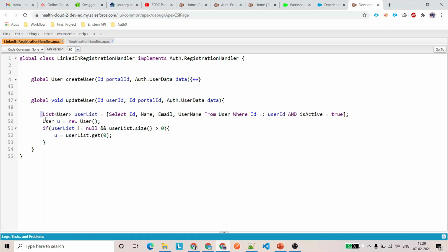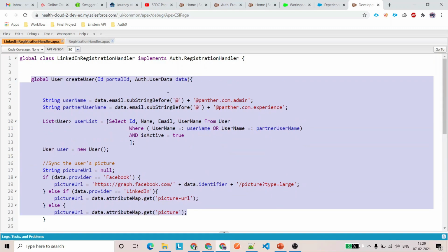But the sort of code we usually put inside this method is, suppose that you have made some changes to your social media account, like changes to your email, or to your title, or even your first name or last name. If you want to update those inside Salesforce, you can use this parameter, get all the data from social media, and then update your user if you want to. If you don't want to, you can even keep this method blank without a single line inside it. The main method we are going to work on is createUser.